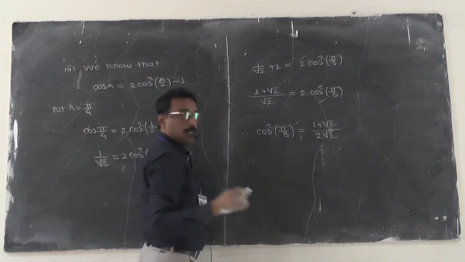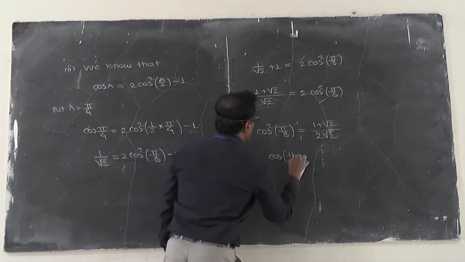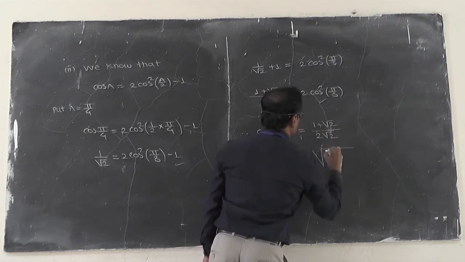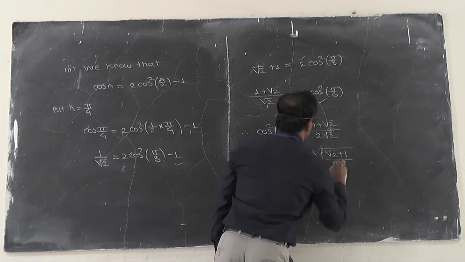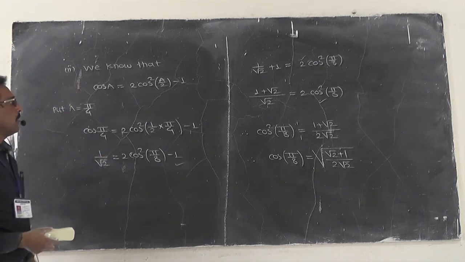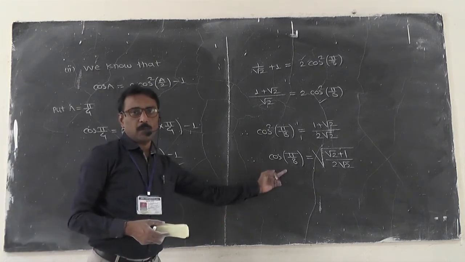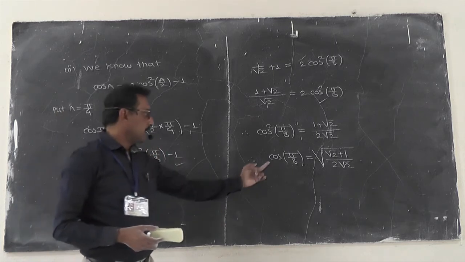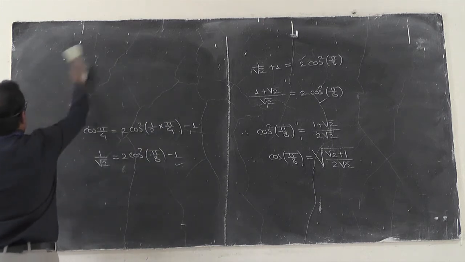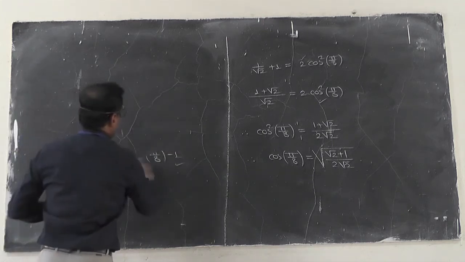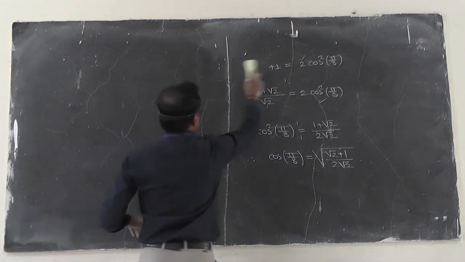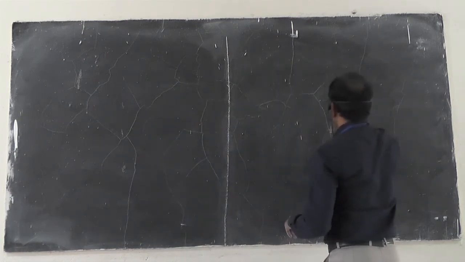And from this one, if we take the square root, then what is the value here? Cos pi by 8 is equal to, again the positive square root, of 1 plus root 2, which can be written as root 2 plus 1, upon 2 root 2. And from this result we are getting the value of cos of pi by 8. So two calculations we have done, sin pi by 8 and cos pi by 8 here. Now we will take the next one.